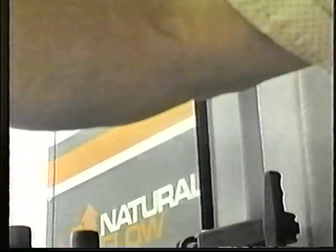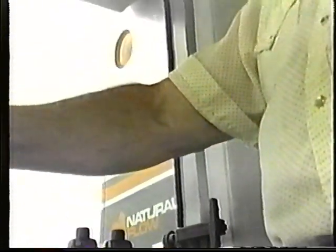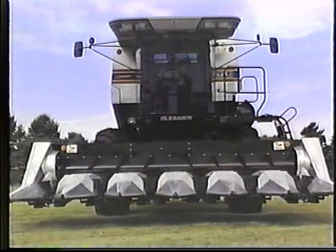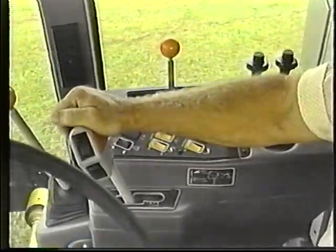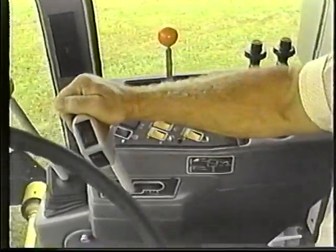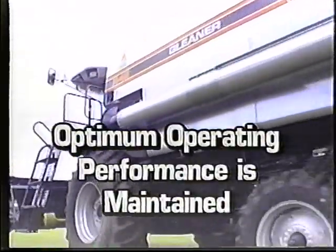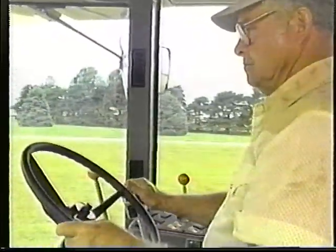Certainly, one of the most impressive features of the Gleaner Combine is the speed and ease of changing from one crop to the next, which allows the farmer to harvest more acres per day. Most crops require only a few adjustments, which are easily made in the field. Even a change requiring installation of a header is quick and simple. There are only a few steps, which most people can do in about 45 minutes, and optimum operating performance is maintained. In this brief video, we're going to walk you through the process, so you'll be able to confidently demonstrate